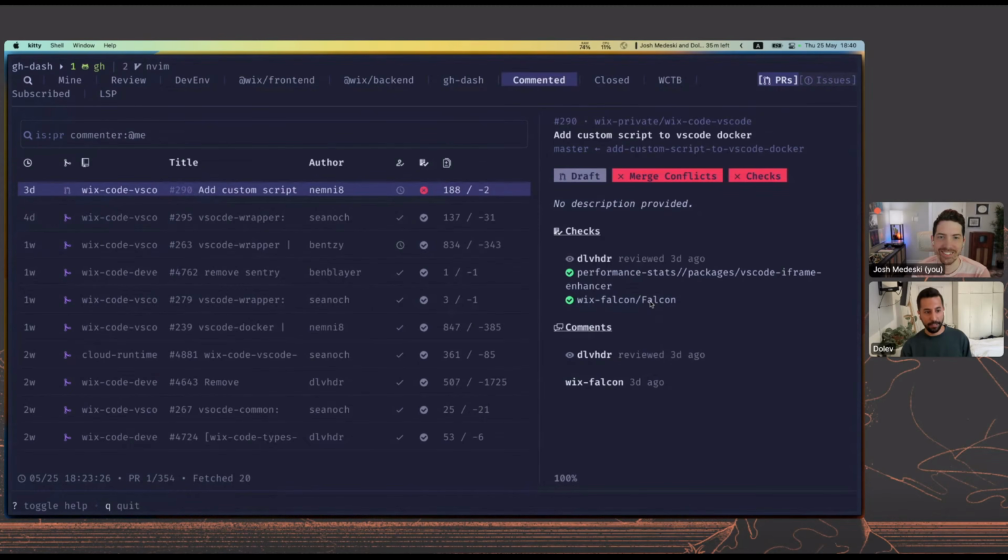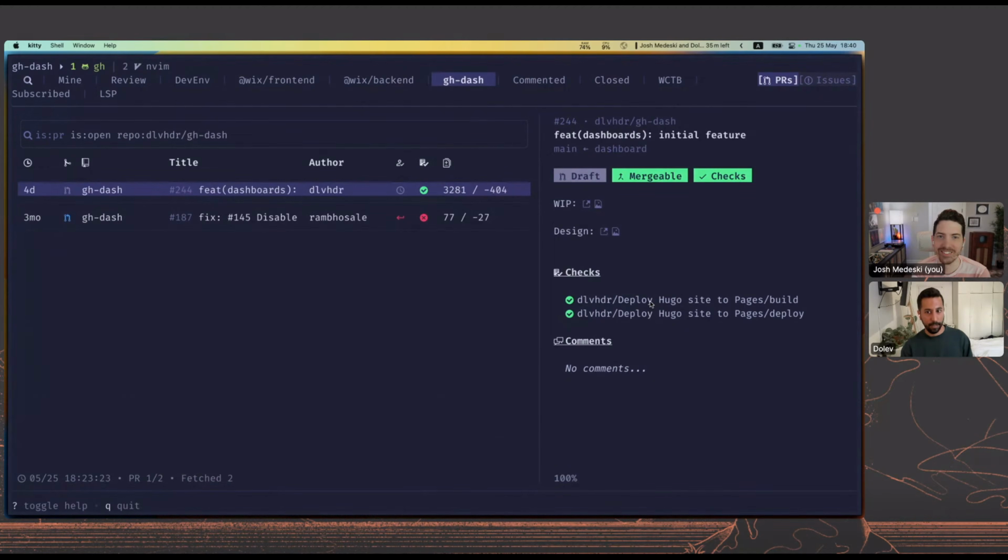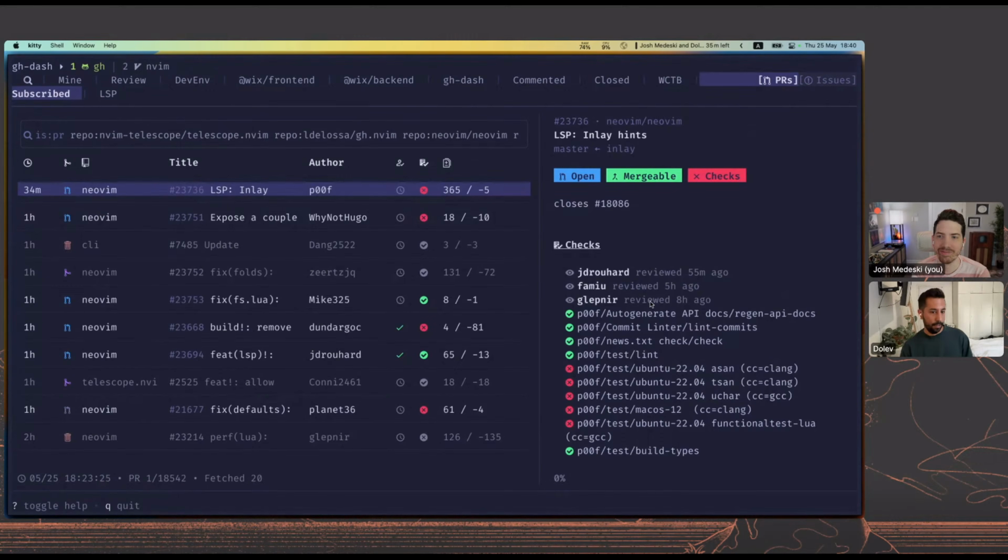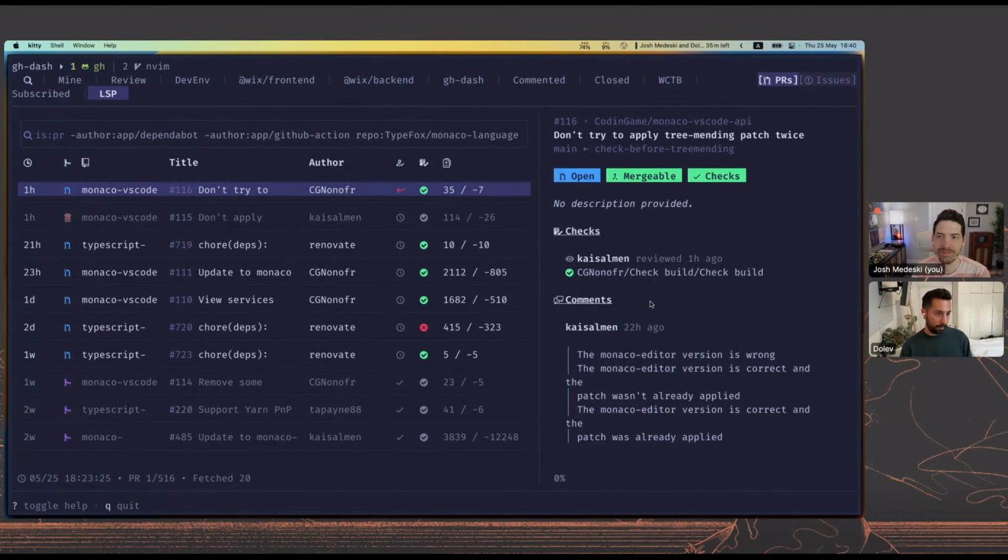Cool. So let me take something that doesn't involve my work. Someone did something to the Monaco VS Code API repo. I can just copy the URL with Shift Y, and you can see it copied it down below.